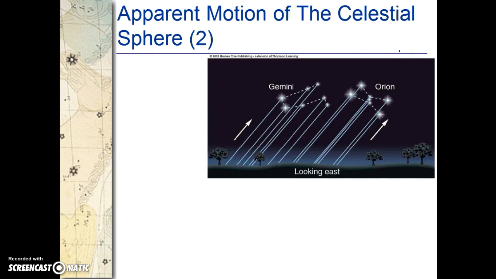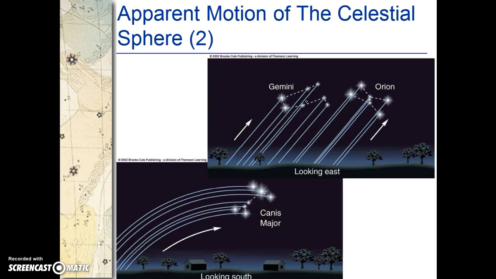All right, well, if you were looking to the east, the objects would seem to be going from the horizon and up, slanted at what looks like about a 45-degree angle, but I'm sure it's slightly off from that. All right, well, if you were looking south, everything would appear to be going in a clockwise fashion instead of